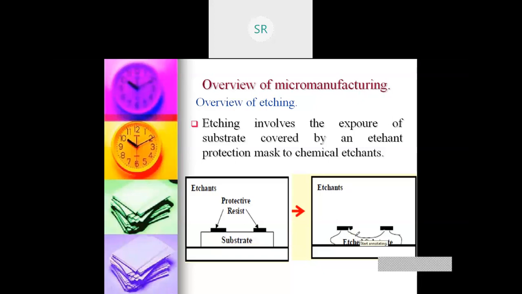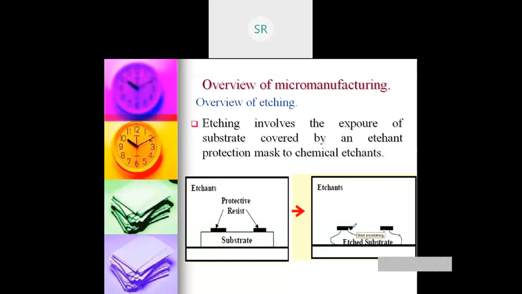So this is one of the drawbacks of the chemical etching. I have removed some part of the desired part.